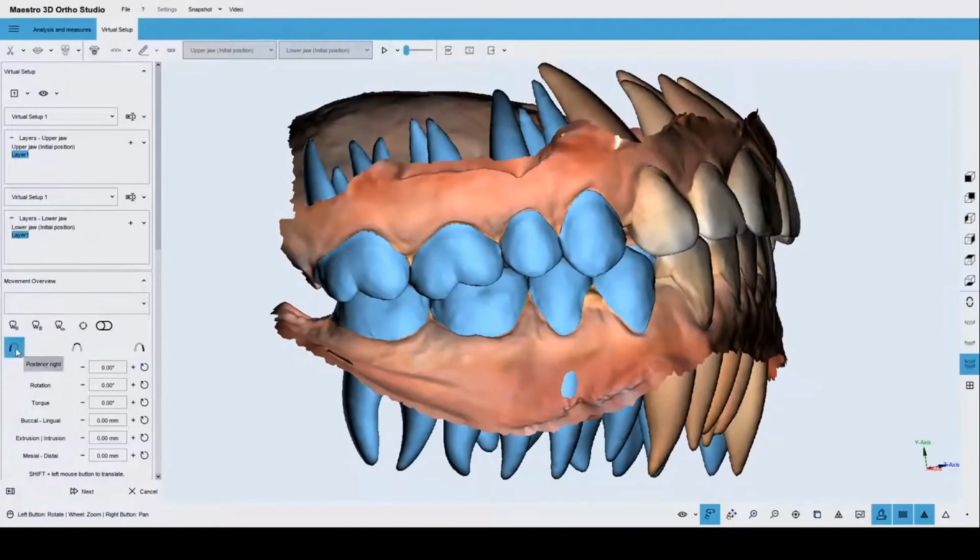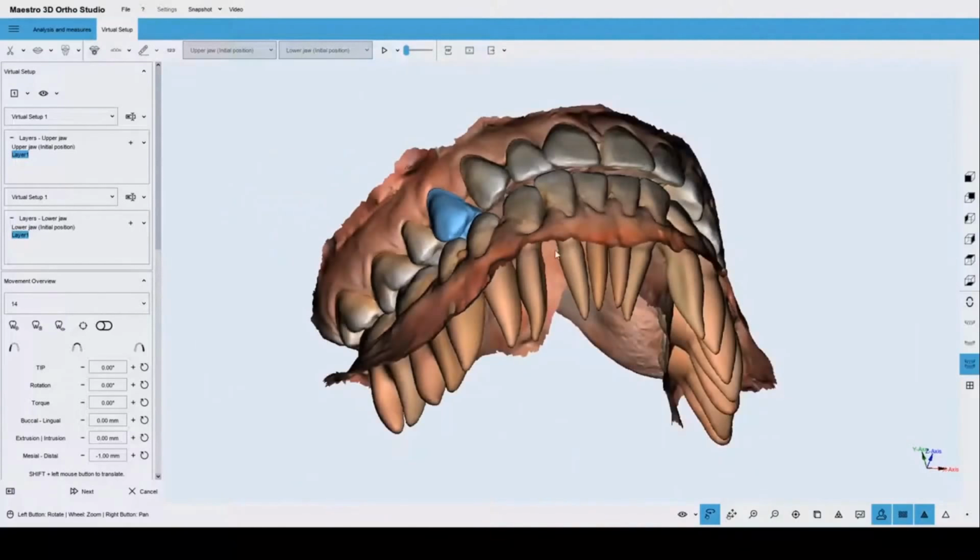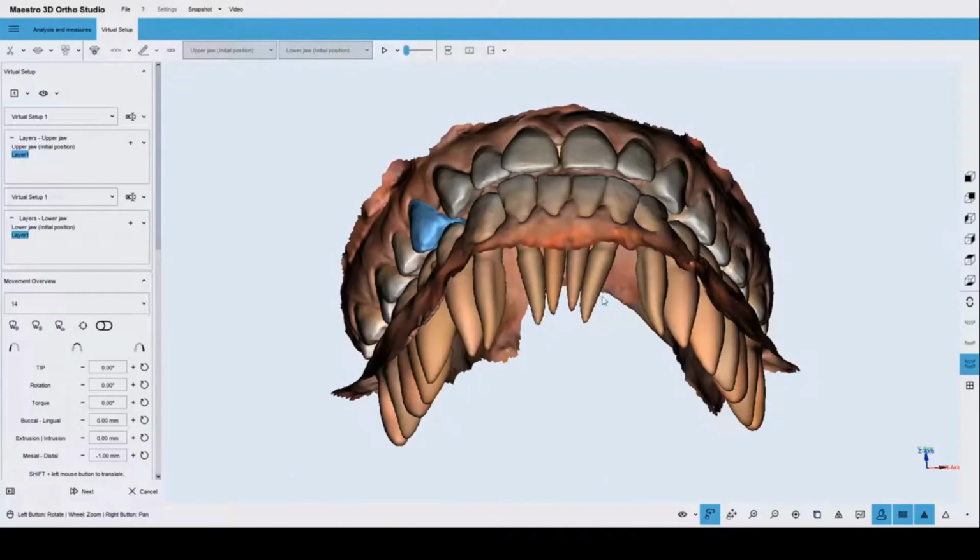Obviously, if I want, I can also select one tooth at a time, and I can perform movement involving only one tooth at a time. Starting from now, just let me work with one model at a time, just to focus on some of the details